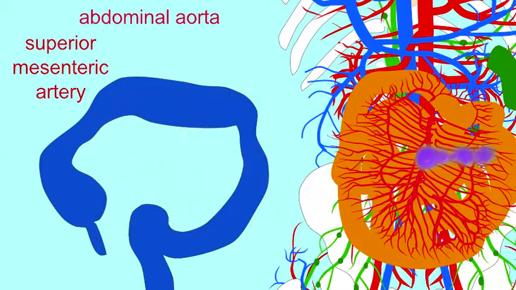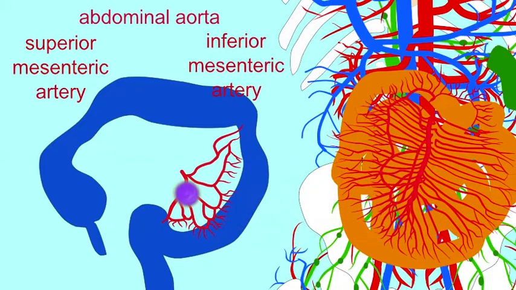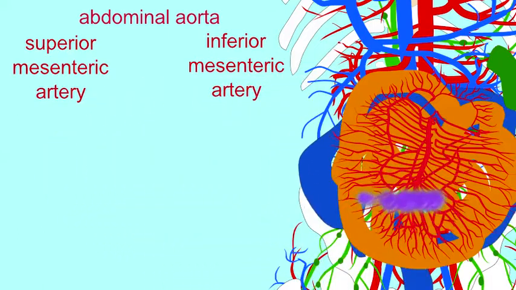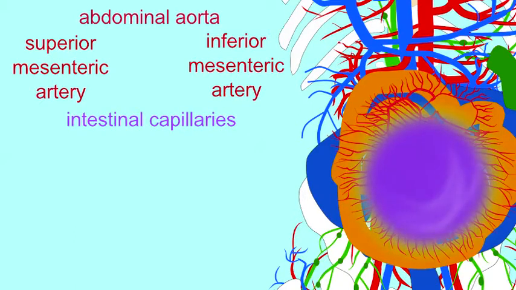Around the position of the third lumbar vertebra is another unpaired artery which departs from the abdominal aorta, known as the inferior mesenteric artery. It services a portion of the transverse colon, the descending colon, the sigmoid colon, and a portion of the rectum. And so the superior and inferior mesenteric arteries provide oxygenated blood to the small and large